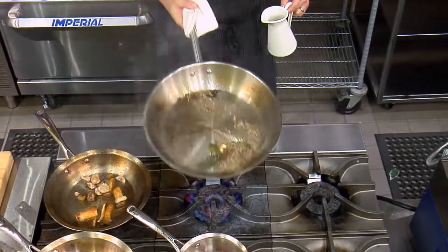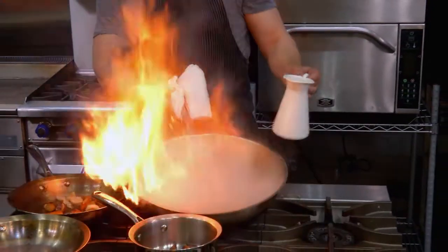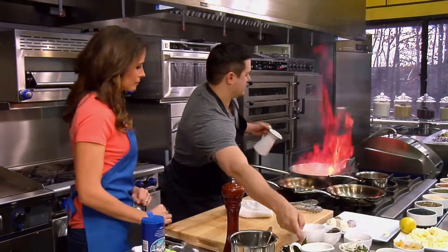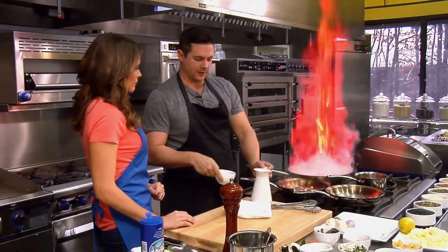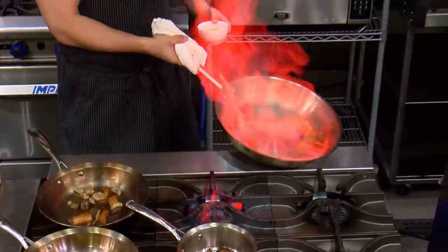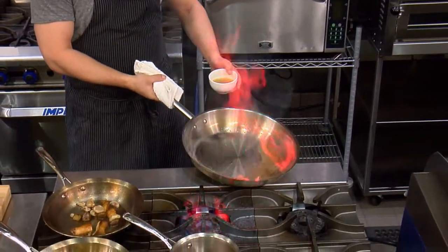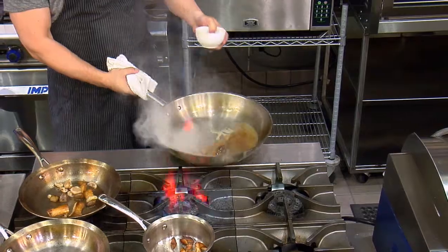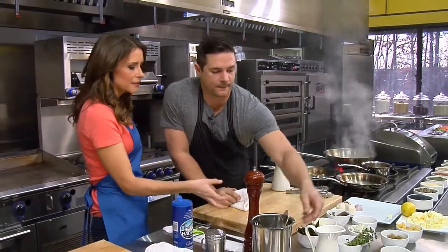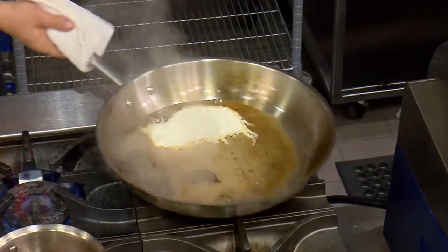We're going to do a quick pan sauce. We're kind of charring this bay leaf a little bit. Watch out. Woo! And what did you just pour in? A little bit of brandy. Yeah, you poured in just straight up fire. I'm going to let that brandy cook off, and then this is the stock we made earlier. You can see how gelatinous that was when it went in. And it wouldn't be French cuisine if we didn't add